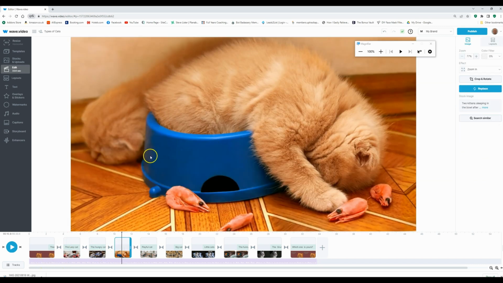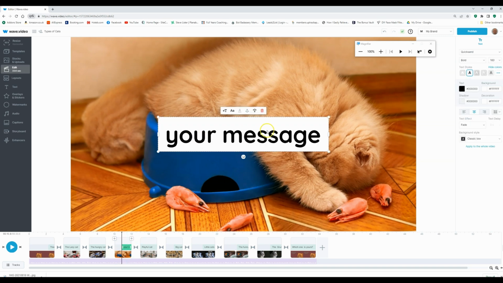Now this one's got no text at all, so I need to add some text. So again, if I come down to the slide, go to middle, I've got a plus symbol there. Hit the plus symbol. Add call to action, add text. I want to add some text. And then again, it gives me a sample message on a white background. So I'm going to go in here